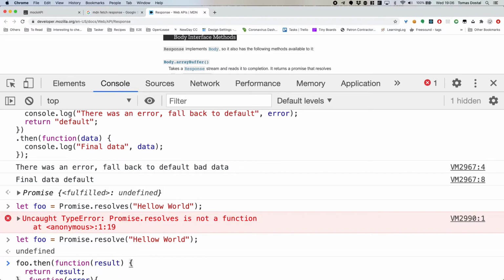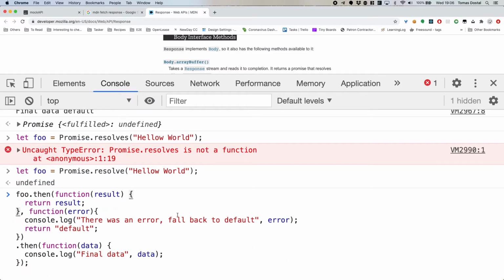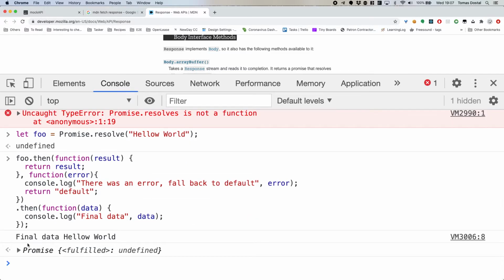When we call the same function, we will see final data hello world instead of final data default, because it went to the successful callback and just returned straight away, and it went down to the next then. If you forget about returning the result, so if I do this,